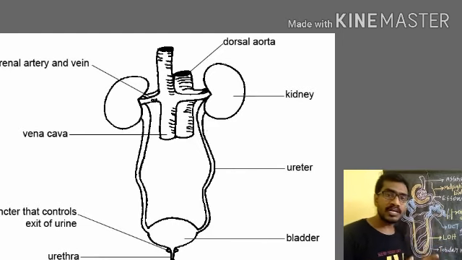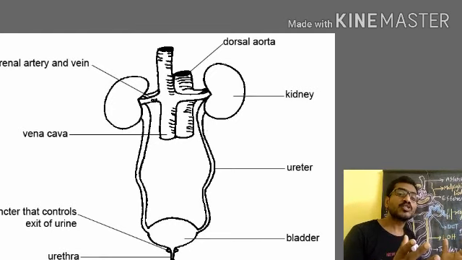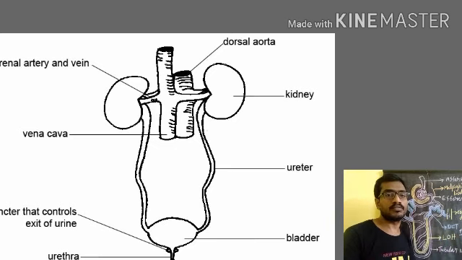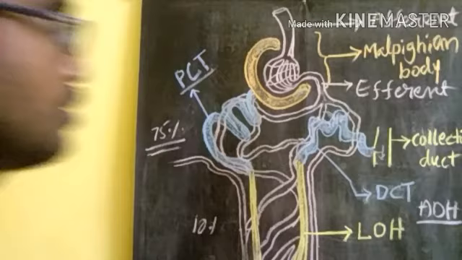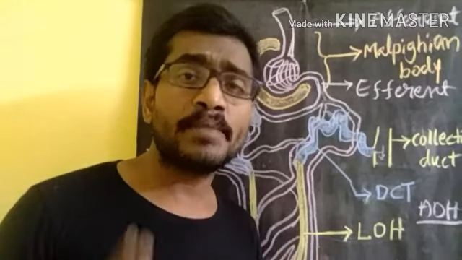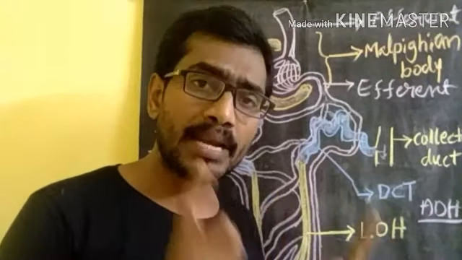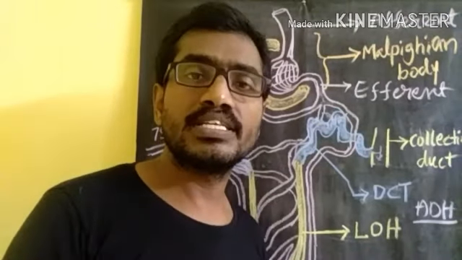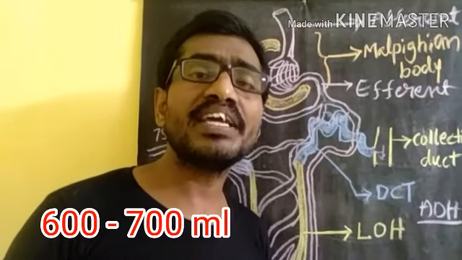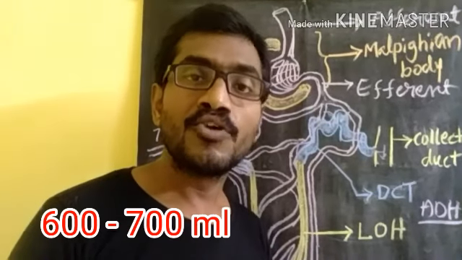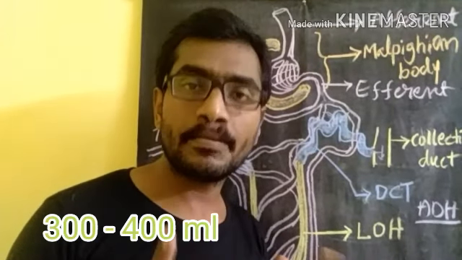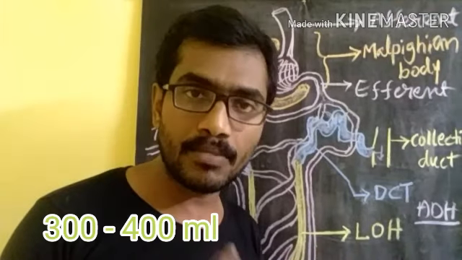The urinary bladder is a pear-shaped muscular sac-like structure. It opens out through a tube called the urethra. The maximum storage capacity of the urinary bladder is about 600 to 700 ml. But when 300 to 400 ml of urine enters into the urinary bladder,